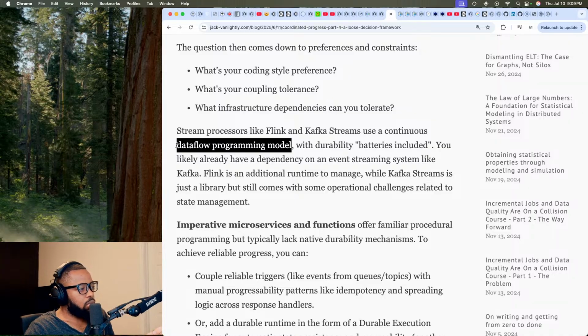And I think the data flow programming model is more amenable. It makes it a little bit more obvious that there is a notion of state, and you have streams of basically data, bytes, that you are just processing.